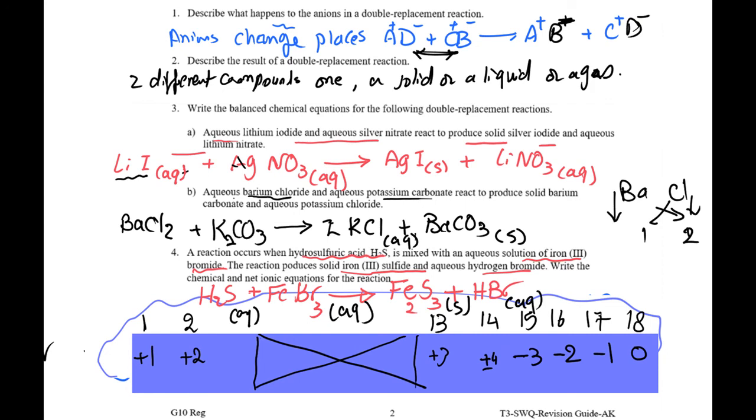Looking at the equation, you recognize that I have 3 Br on the left side, so I should put here 3. For sulfur, I have 3 S, I will put here 3. Fe2, okay. Looking again, you will recognize that hydrogen, I have